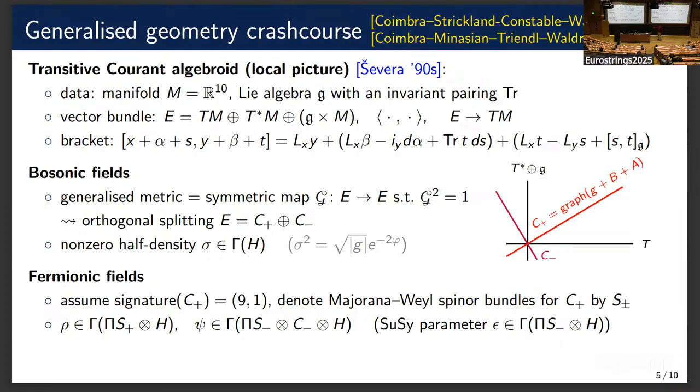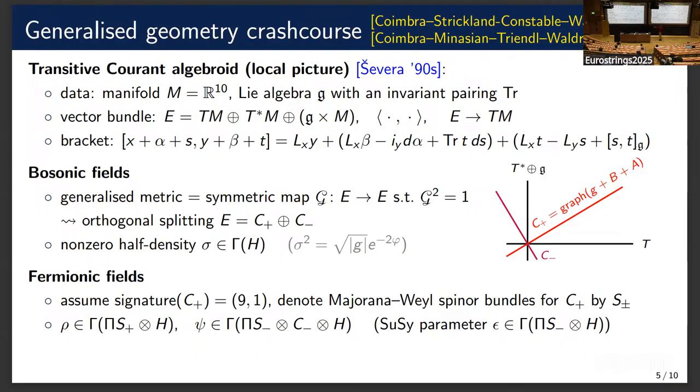So it's not a function, it's a half density. That's kind of important because it turns out that this eats a lot of nasty terms in the variations and in the action. So this is kind of like a field redefinition: you multiply it by the dilaton. But in any case, the more important one is the gravitino, which turns out to have, as you saw before,